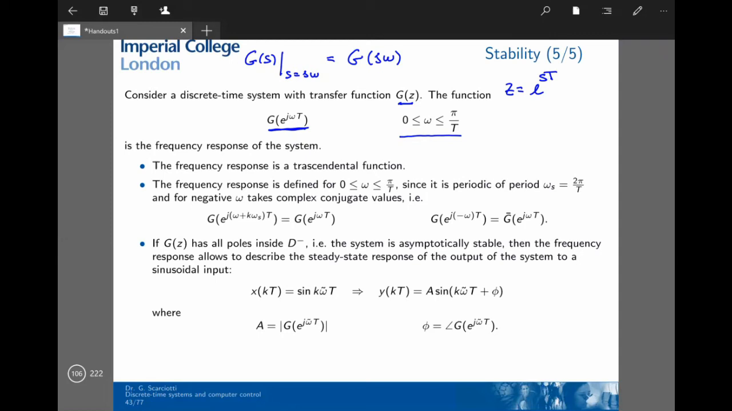Then we can notice the following facts about the frequency response of discrete time systems. The frequency response is a transcendental function. A transcendental function is a function in which exponentials appear. The reason is because we have this exponential over here. This is different with respect to continuous time, in which the frequency response is a fraction of polynomials. This makes the frequency response for a discrete time system a much more complicated object to study